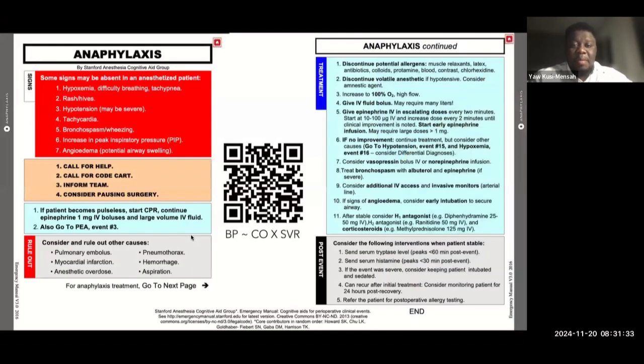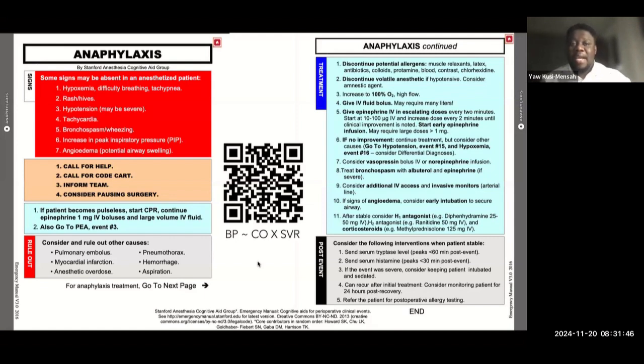It's one of the distributive shocks, and the mechanism of your reduction in SVR is quite different. I'm sure most of us would have experienced it. I remember one of my first experiences as a resident was a patient who had anaphylactic shock whilst in theater, and my consultant really drummed it into my head about giving a test dose of antibiotic. So moving on,